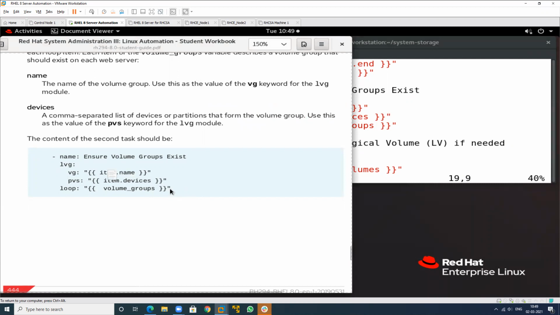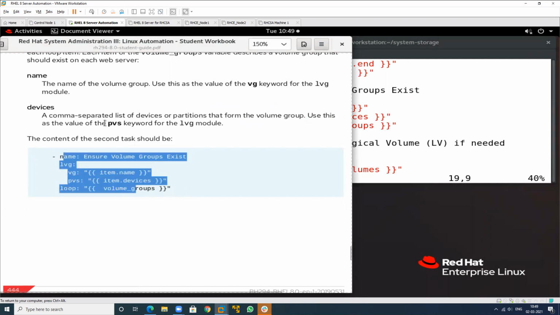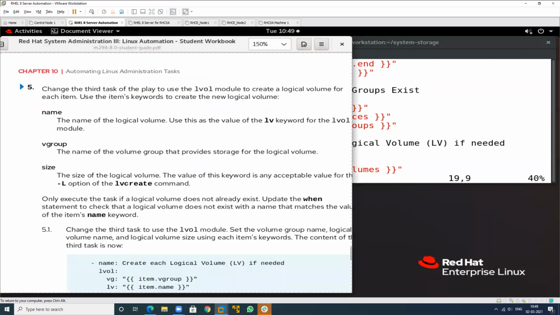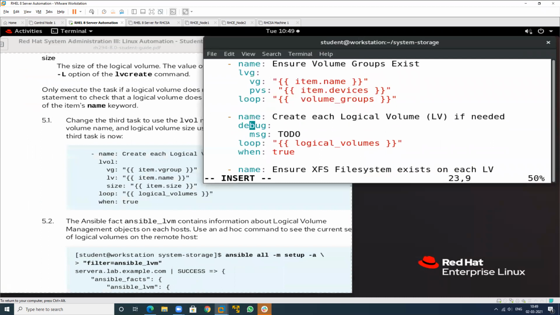So now I will use this particular third task to create the volume. See this, this is my logical volume, create each logical volume. So this is the debug module. So remove this. In the place of this, I want to create the logical volume. So this is called lvol, logical volume.